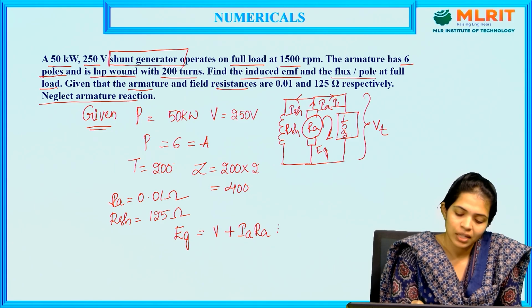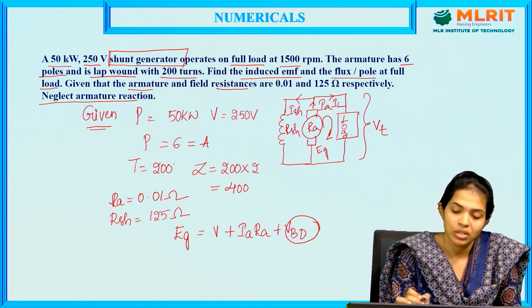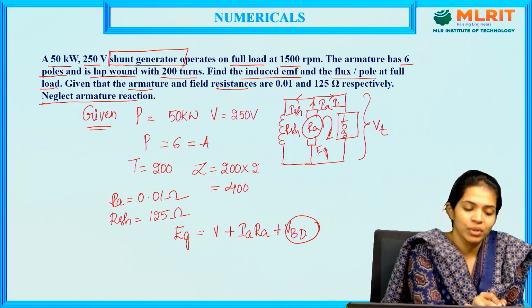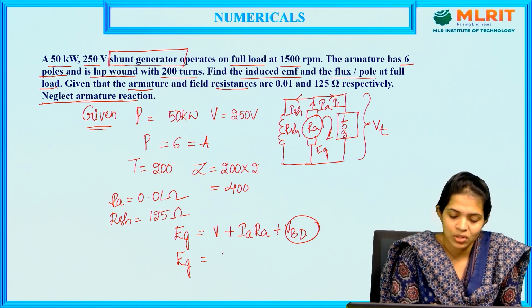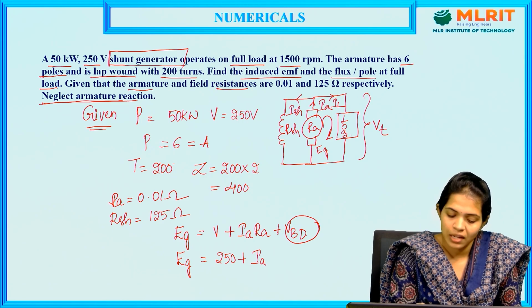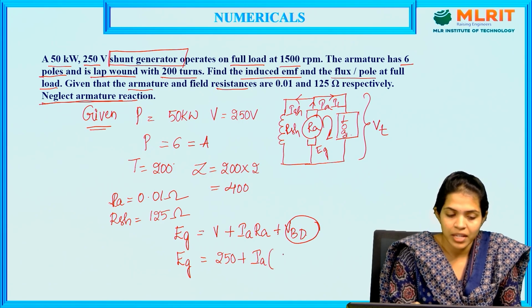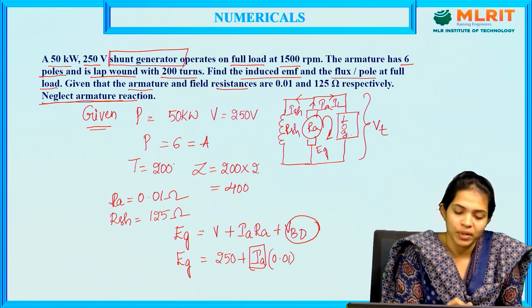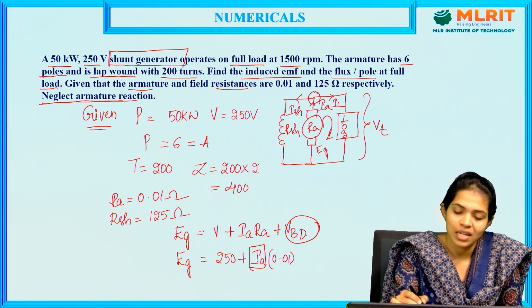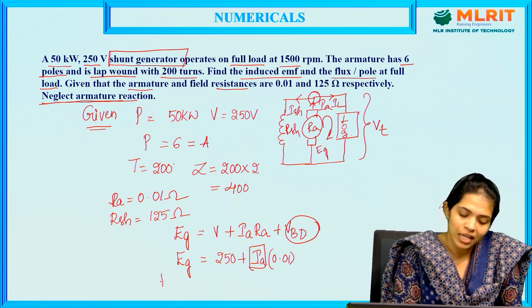We also have brush drop, but as the armature reaction is being neglected, for now the generated EMF is V, given as 250, plus Ia into Ra, where Ra is 0.01 ohms. So we need to find Ia for this particular case. When we apply KCL at this node, we get